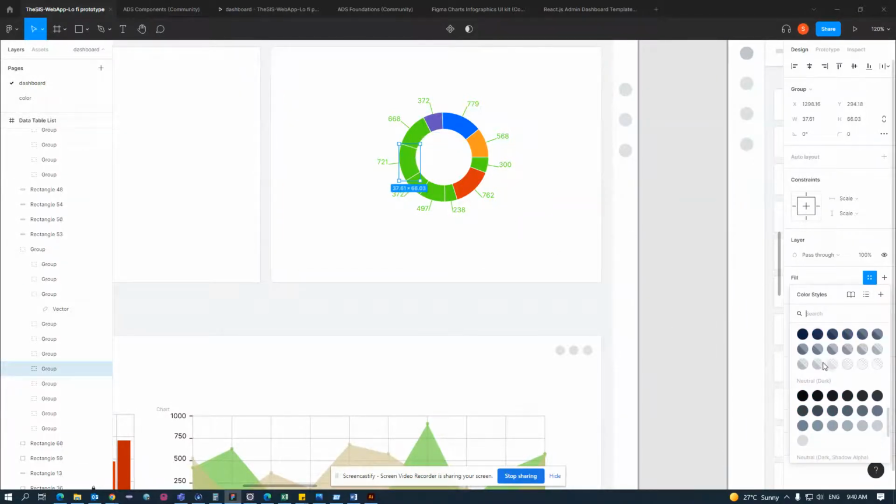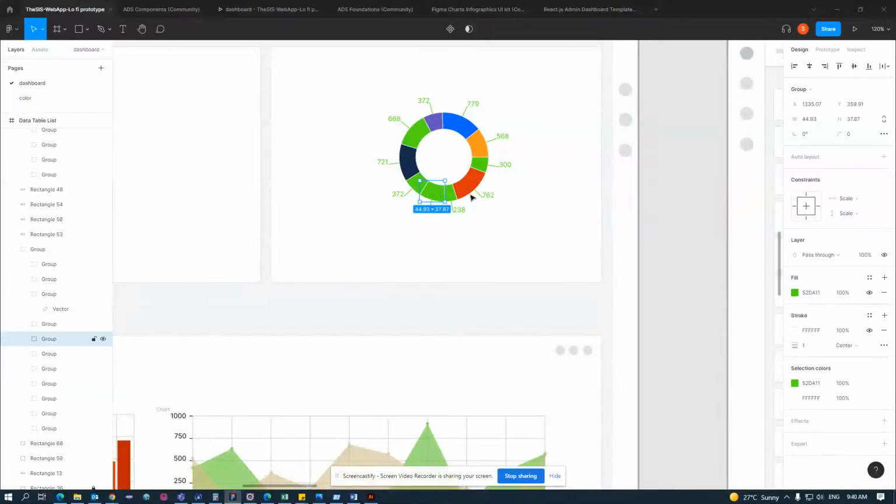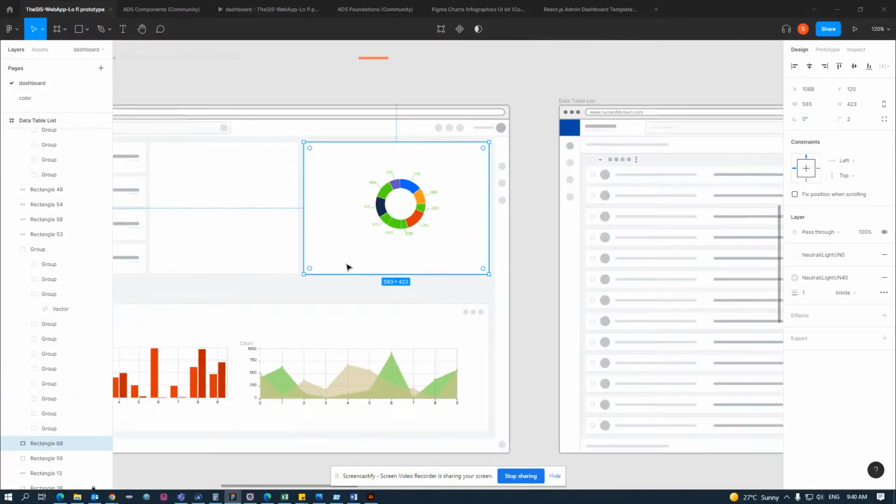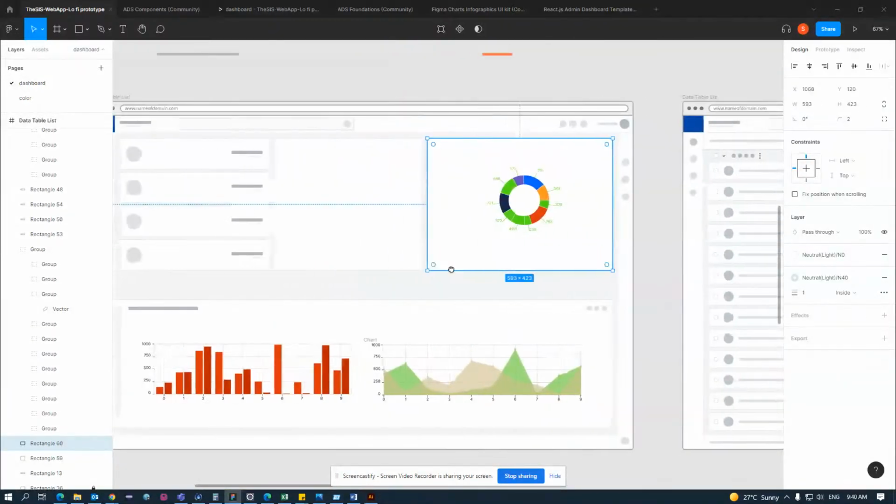This is my master component, and this one here is the instance of it, which means it's pretty much like a copy of my master. So let's make a few instances here. And one thing with